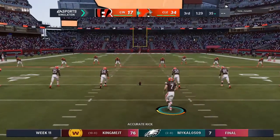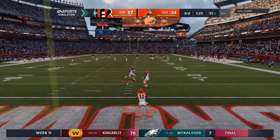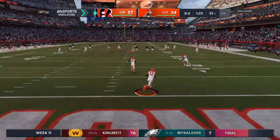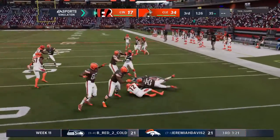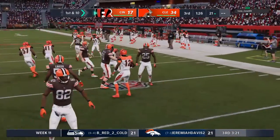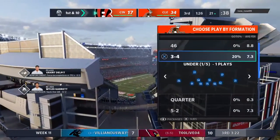Out is the kickoff unit as they run up and send this one away. This will make it into the end zone. And tackled at the 21-yard line, so a net negative there of 4 yards. At their own